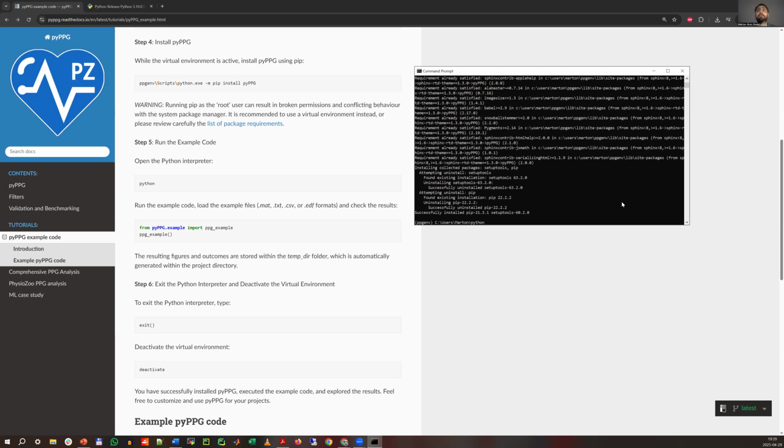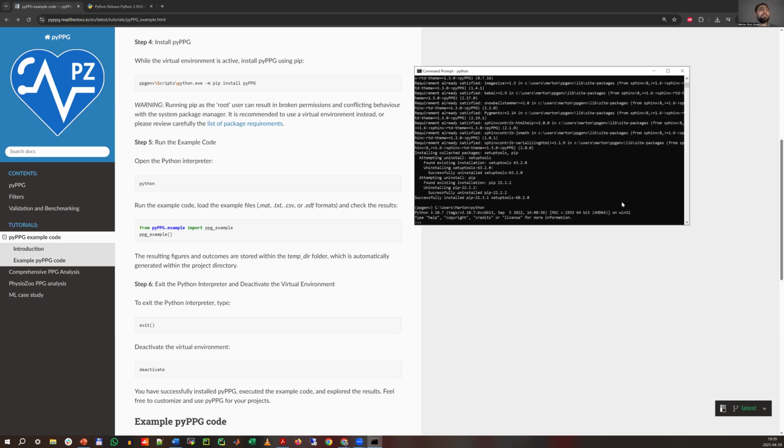We write just python, and we import the example module from the pyPPG toolbox. So from pyPPG.example import